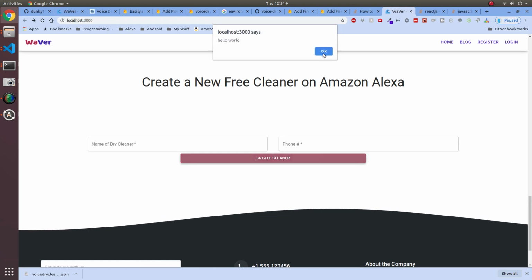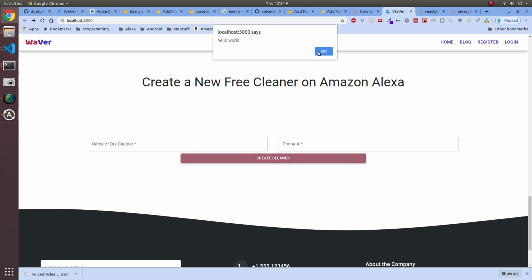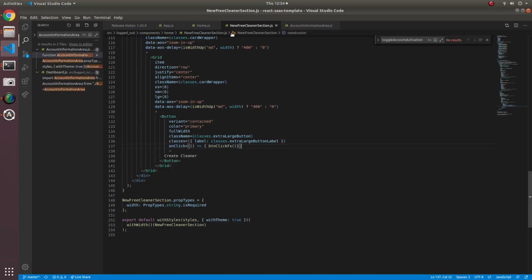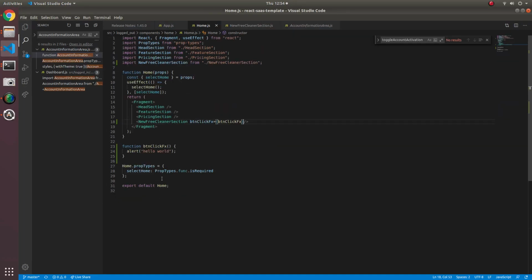So the next thing I wanted to do is instead of just logging hello world, I would like it to print the name of the cleaner and the phone number. That way we can start to check it. Those are all defined in home. So now let's alert, instead of alerting hello world, we'll say cleaner name and then plus